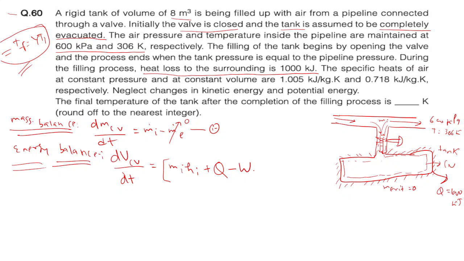Yes, sir. And minus, let's suppose m_e is the mass going outside of the control volume, m_e into h_e, because here nothing is going out. If at some point of time it goes out, then this part would come. Here this is rigid, it is not expanding. If this were a balloon, its volume would also be increasing, right? Now it is a rigid tank, so it is fine. If it is a balloon, then work done would be there, so that part will also come at some point.